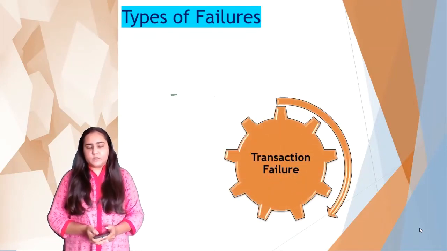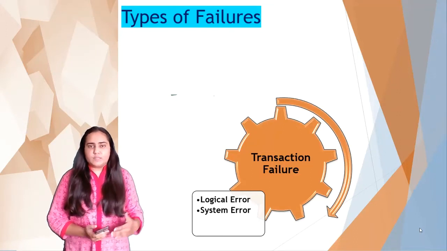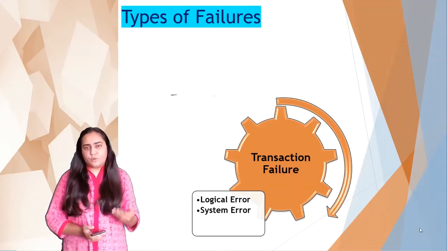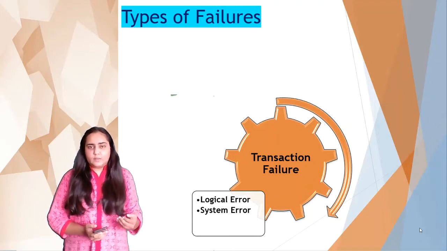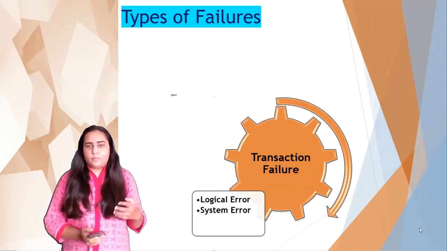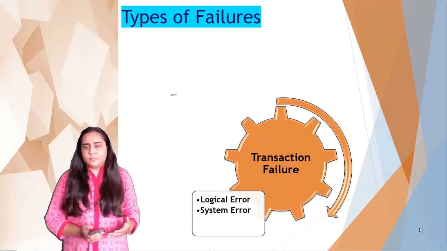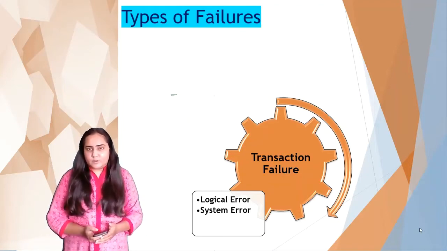One such failure is a transaction failure, which could be either a logical error or a system error. This occurs when the transaction itself fails or gets aborted. A logical error would be where the person who wrote the transaction made some logical mistake in the transaction, and that's why the transaction failed. A system error would be an error where the system had to abort the transaction. So, for example, this could be due to a rollback to resolve a deadlock. That would be a system error.